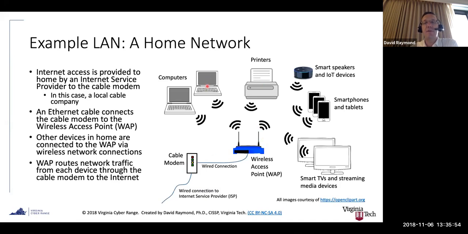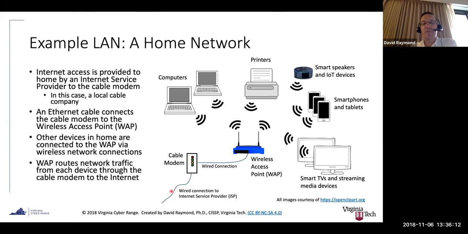So for example, on your home computer, if you surf to a web page, there's a wireless connection between the computer and the wireless access point, and then that HTTP request, that GET request, gets sent over the wired connection to the cable modem.